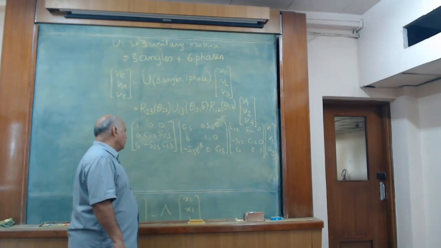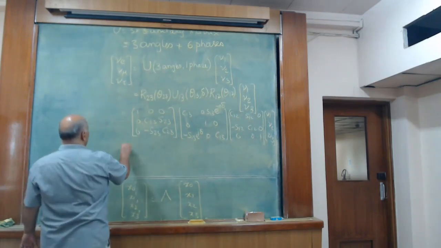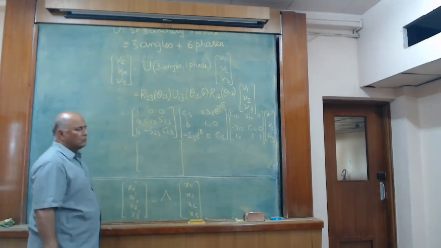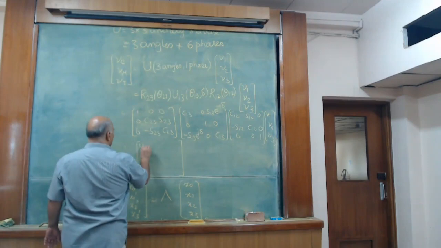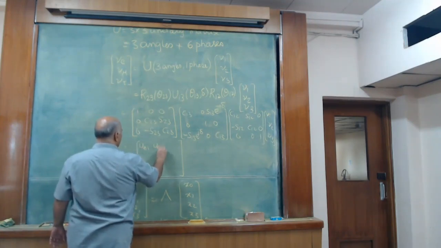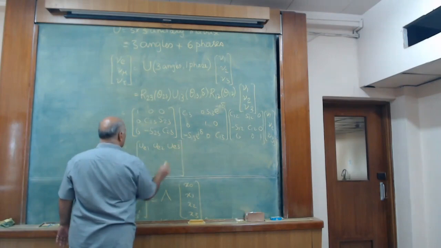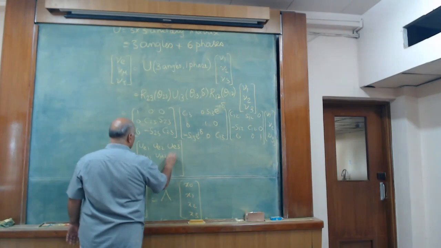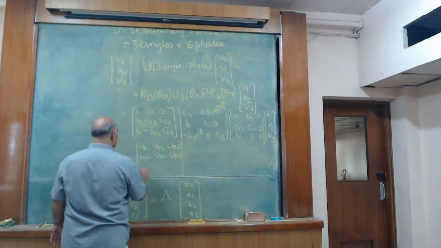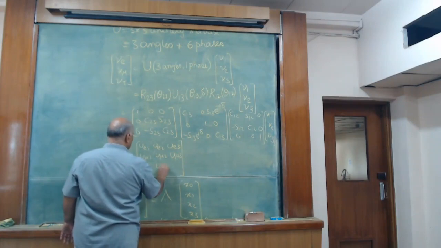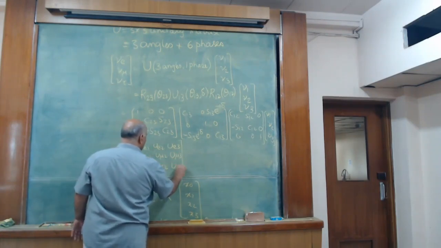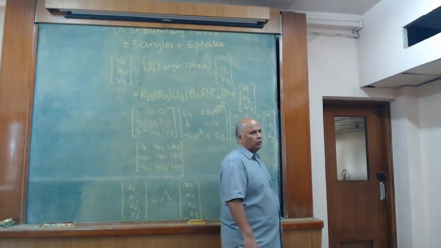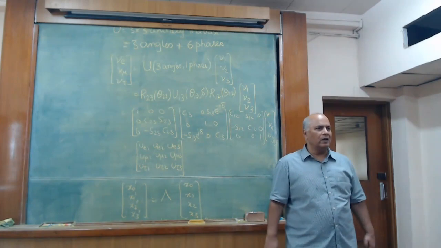And another way people usually write this, it's not quite a parameterization but just a notation. The 1 1 element is called UE1, similarly UE2, UE3, UMU1, UMU2, UMU3, U-tau1, U-tau2, U-tau3. This is actually a very useful notation because the physical meaning is very clear here.